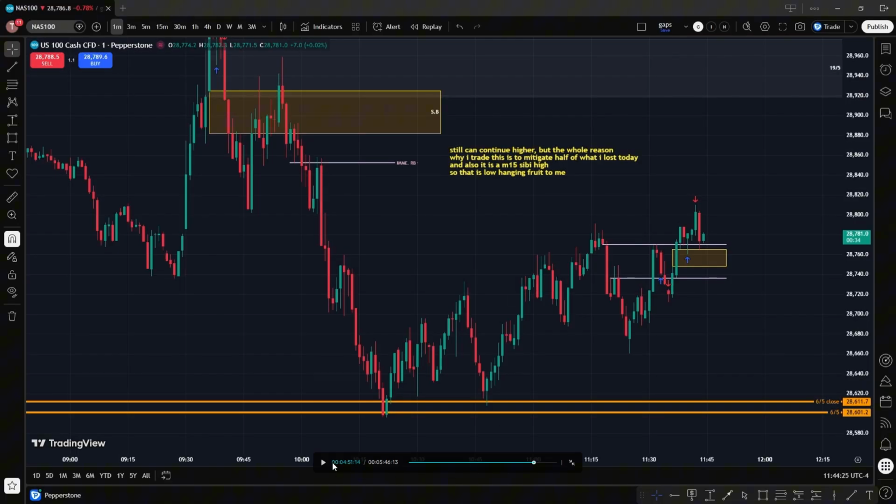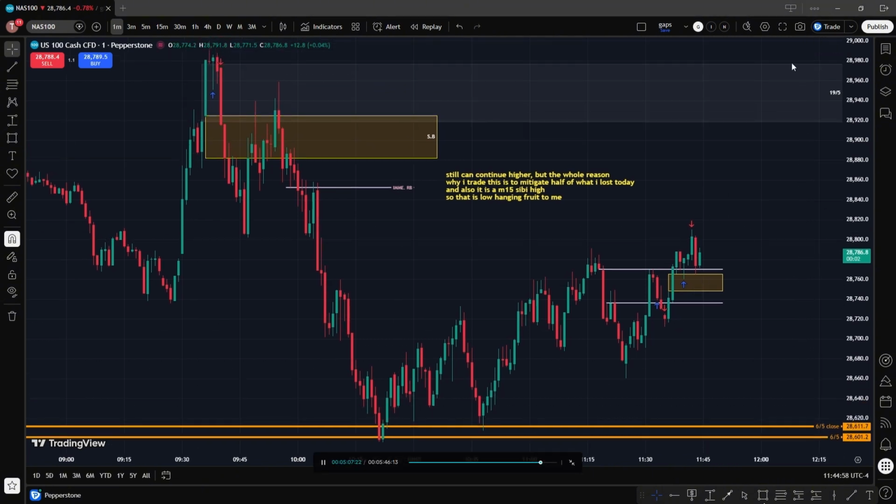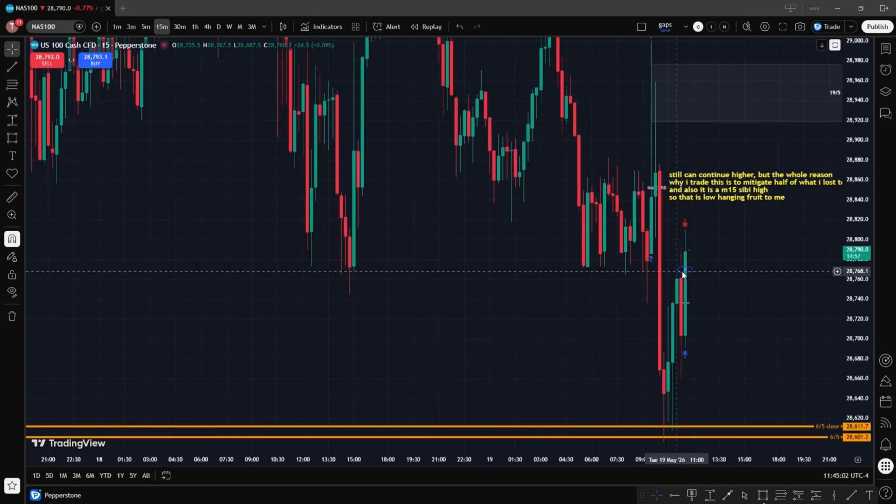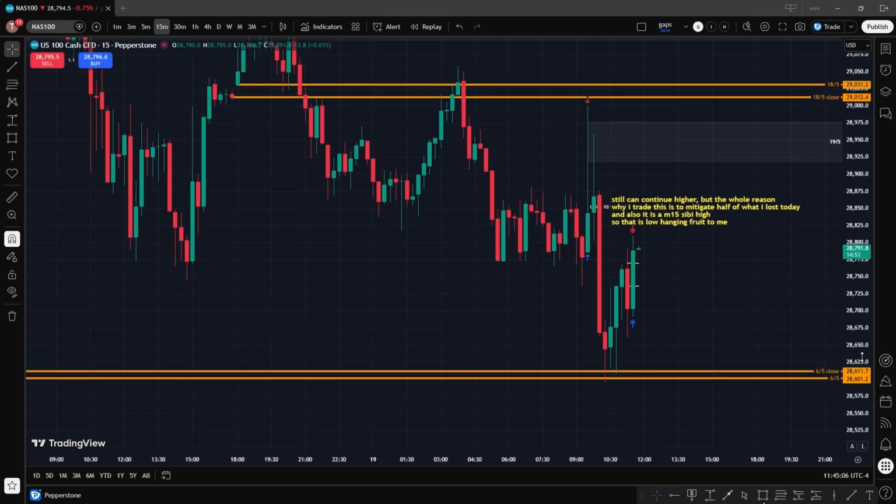Definitely, I think to myself that, oh, price might be able to go higher, but being consistent is all that matters. And you can see right after it traded to that 15-minute CB high, it reversed right away. So I basically got out at the high,